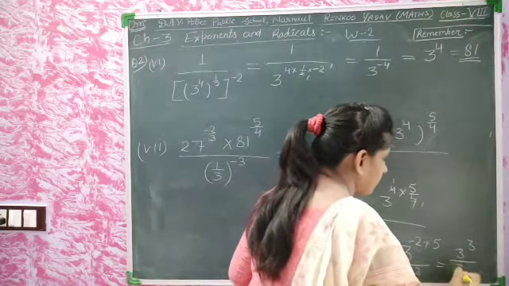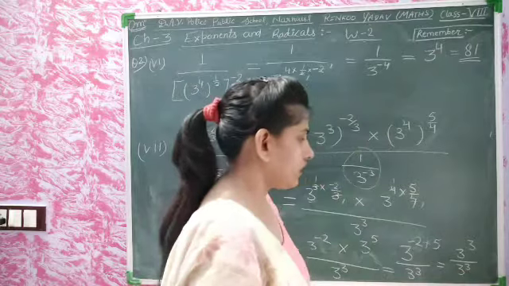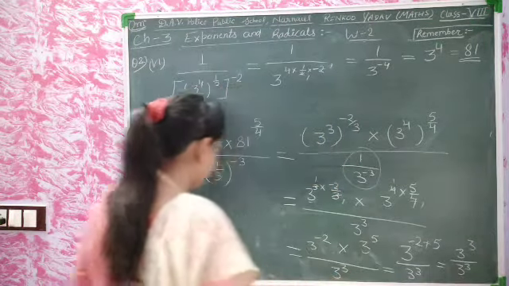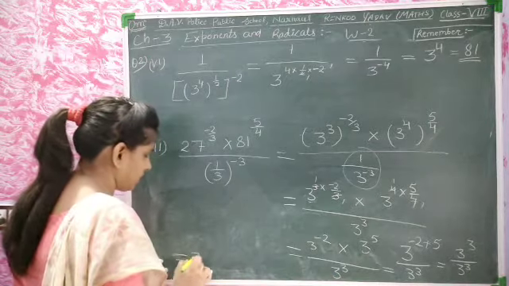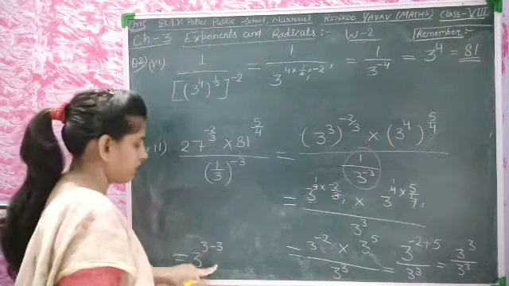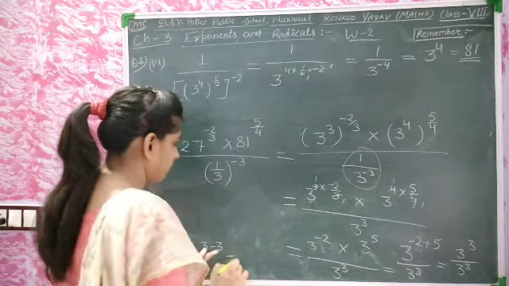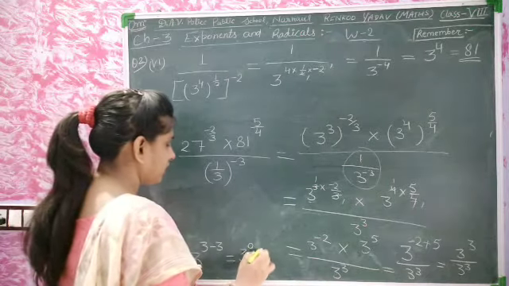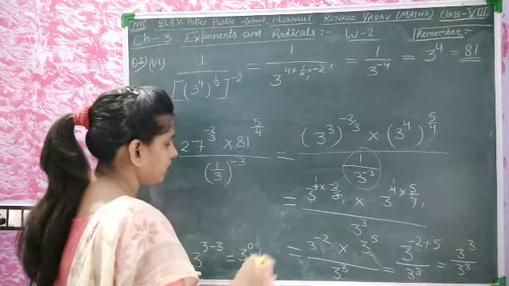And नीचे हमारे पास है denominator में 3 to the power 3. Bases are same, and we will take it as 3 to the power minus 3. नीचे वाली पावर ऊपर आ जाएगी, रेसिप्रोकल हो जाएगा तो माइनस पावर आ जाएगी. And 3 to the power 0 must be equal to 1. That is the answer.